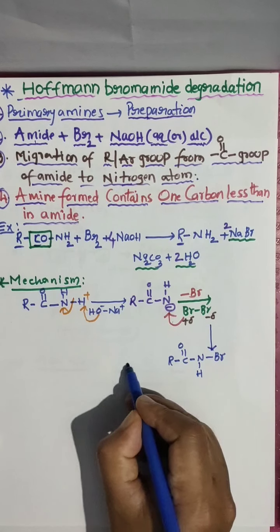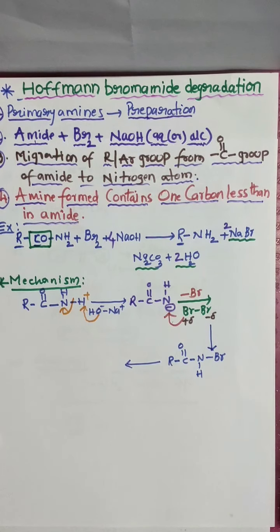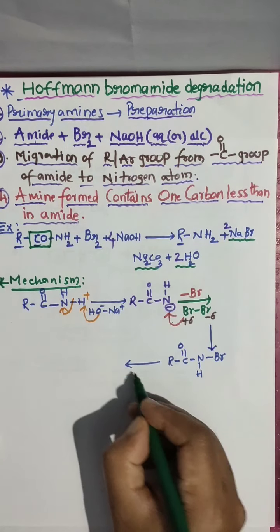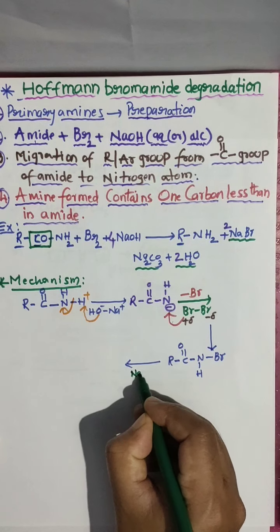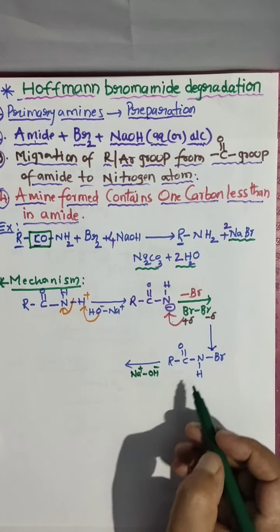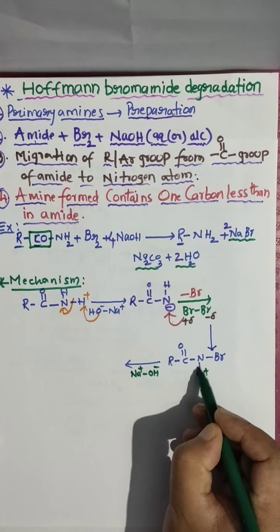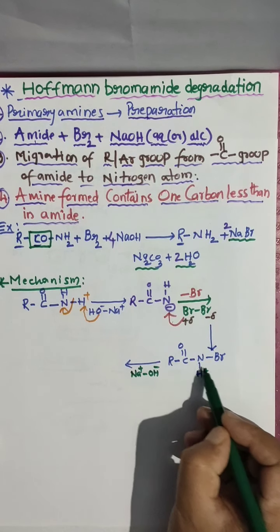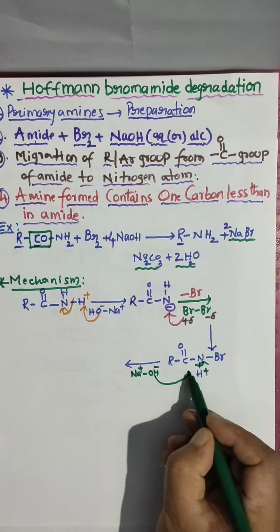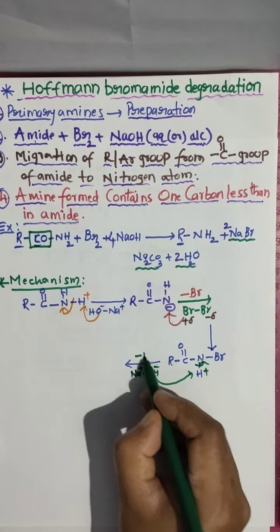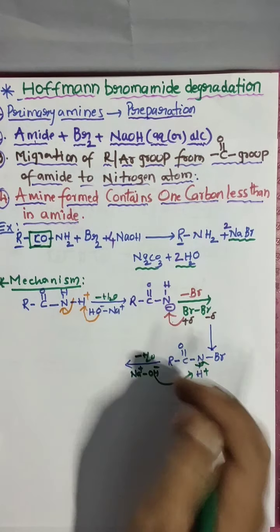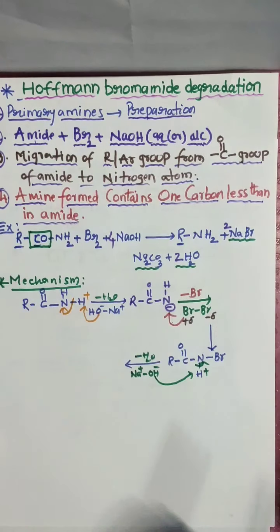Next, what happened? Next we have here attacking of NaOH. So NaOH is going to attack, Na plus, OH minus. Clear? And this is plus, this we shifted to here. Clear? This we have to shift towards the nitrogen. This is plus and this minus will attack on this. Again we are removing a water molecule. See here we removed a water molecule, and here one water molecule. Total 2 water molecules we removed.